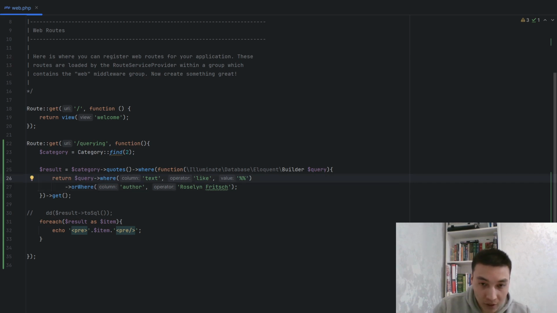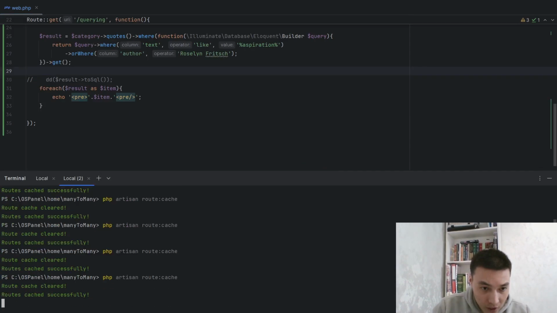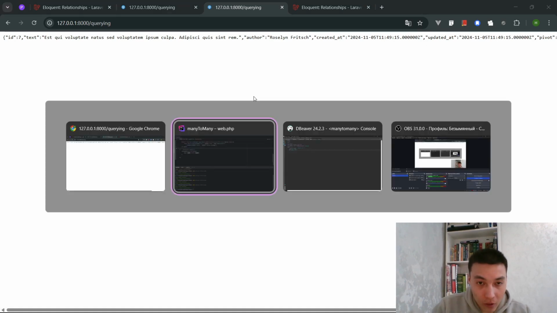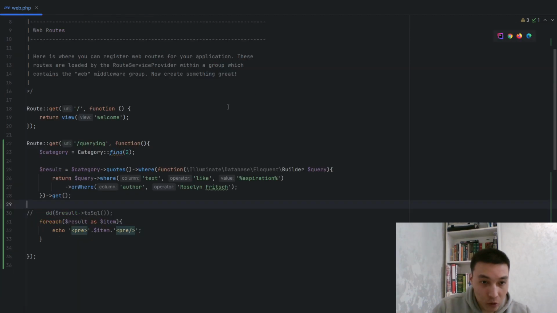So for example, I think Latin text doesn't contain some words like aspiration. Yes, again clear our cache and try it in our browser. It works. So the second orWhere, so our second method also works. As we can see, Rosalind Fridge only, yes, only one item. Okay, so we solved this issue,